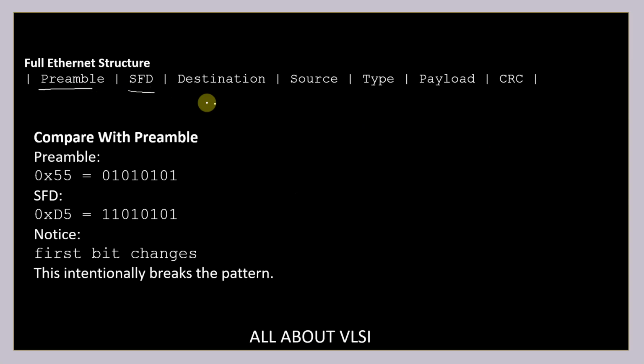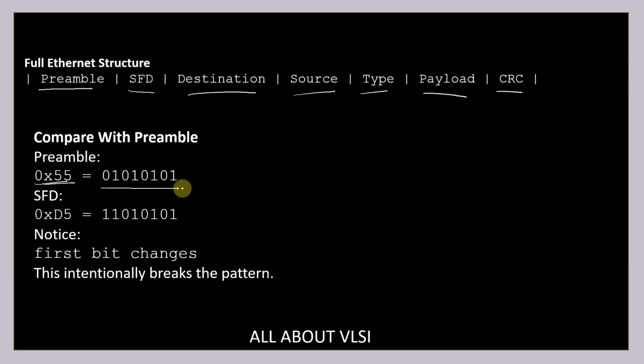And then I have my destination MAC address, source MAC address, and type, which says what type of Ethernet protocol you're following, whether it is IPv4 or IPv6 and so on. Next is the actual payload data, followed by CRC. So this is the actual Ethernet frame structure, where first we have the preamble, followed by the SFD. Now, this preamble is hexadecimal 55, and if you convert it into binary,